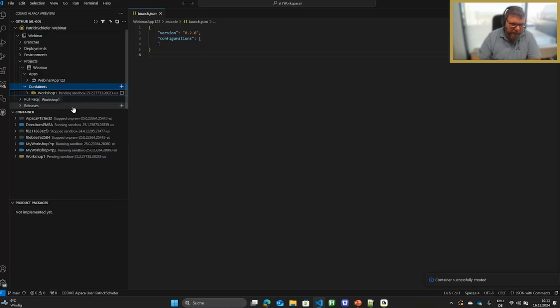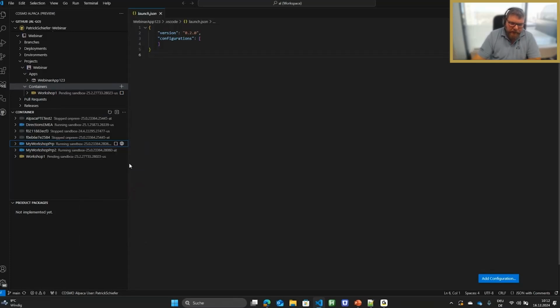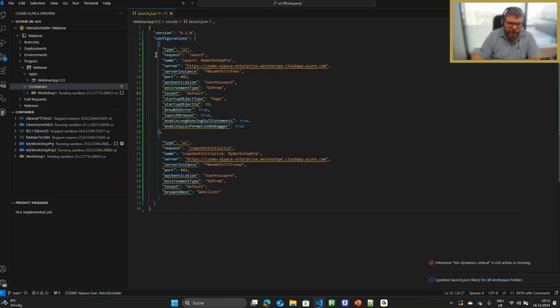And normally we would now wait till the container is done, and then we would create a launch JSON. Because I don't want to wait, I've already started a container before we started with the workshop. So when we right click on a container, we have many options, and one of it is to create a launch JSON. So first of all, the launch JSON is filled completely, so I have my container